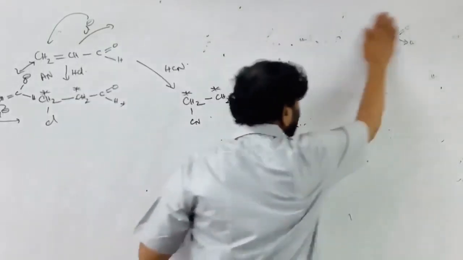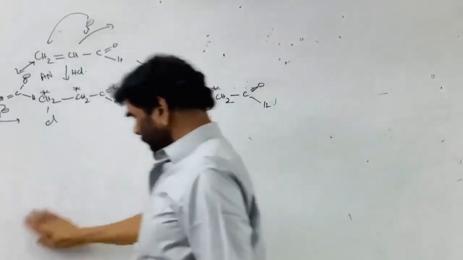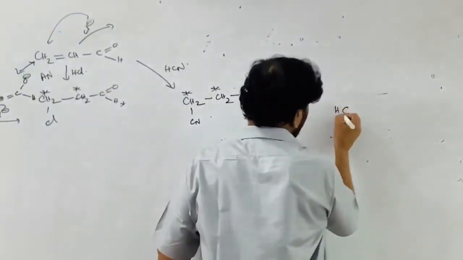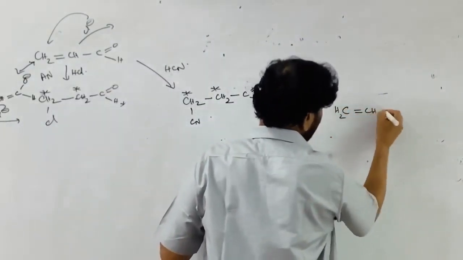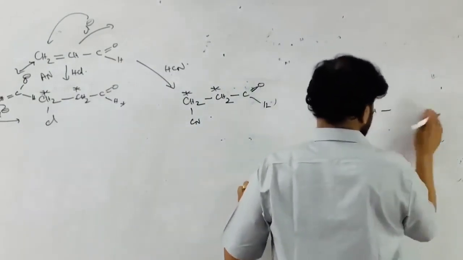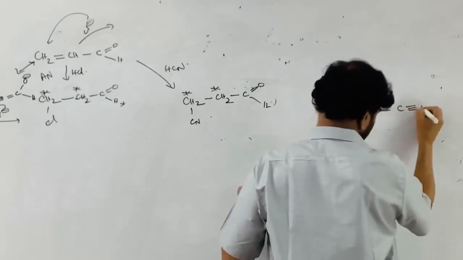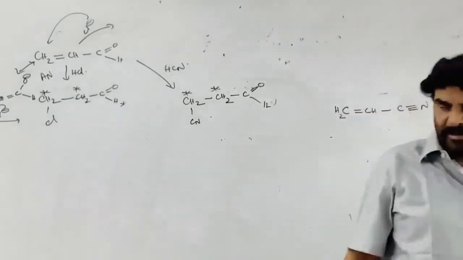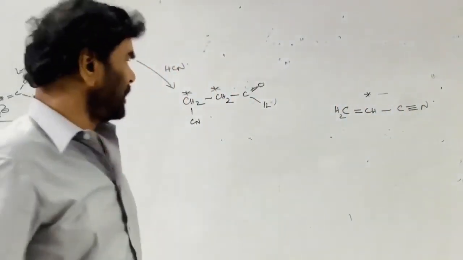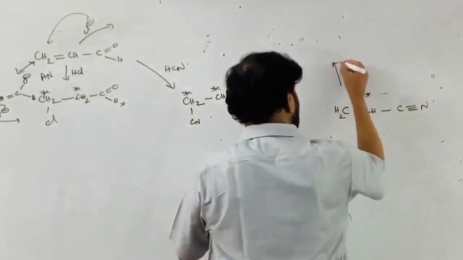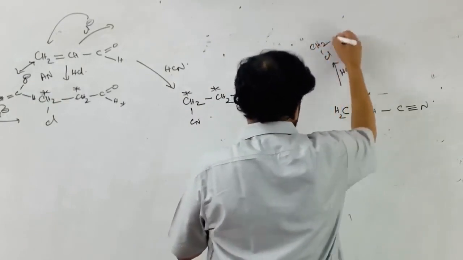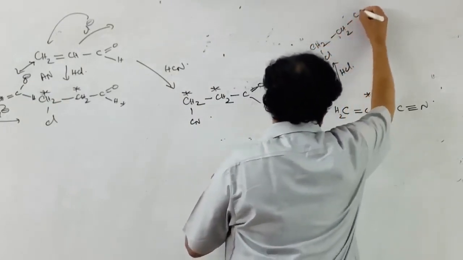So here, this is the case. And now this is the compound CH2 double bond CH. This is the nitro compound or cyano compound or whatever it is. This is the C triple bond N. That is vinyl cyanide. This is the activated ethylenic center. Right? So I am writing this, treat with the HCl, CH2Cl, CH2, C triple bond N.